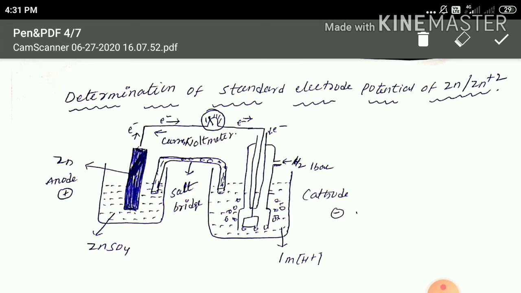According to the electrochemical series, zinc reduces H plus ions into hydrogen. That's why here the hydrogen electrode is taken as the cathode and the zinc electrode is taken as the anode. So in this reaction,